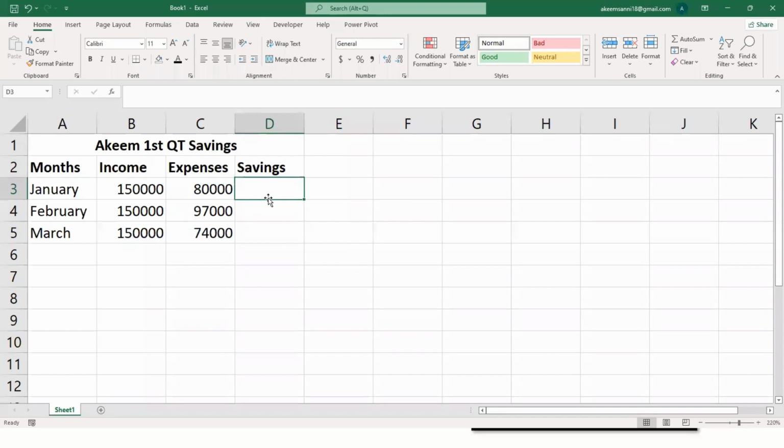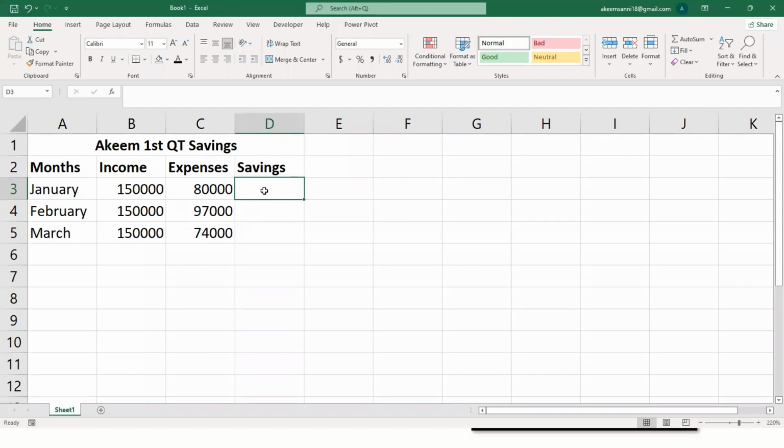Now, for my savings, if you are a person who studied accounting in school, you have a basic knowledge of accounting, but even if not, you all know that if you want to know your savings, you remove the amount you spend from the amount you receive. That is how you know how much is left. So if you receive 50,000 and you spend 30,000, you remove it from what you receive, then you know that the other one is my savings, right?